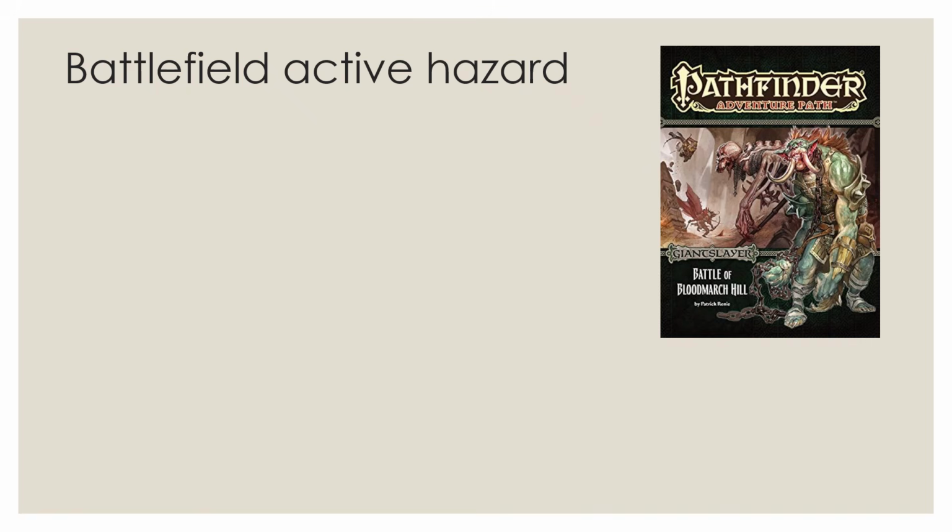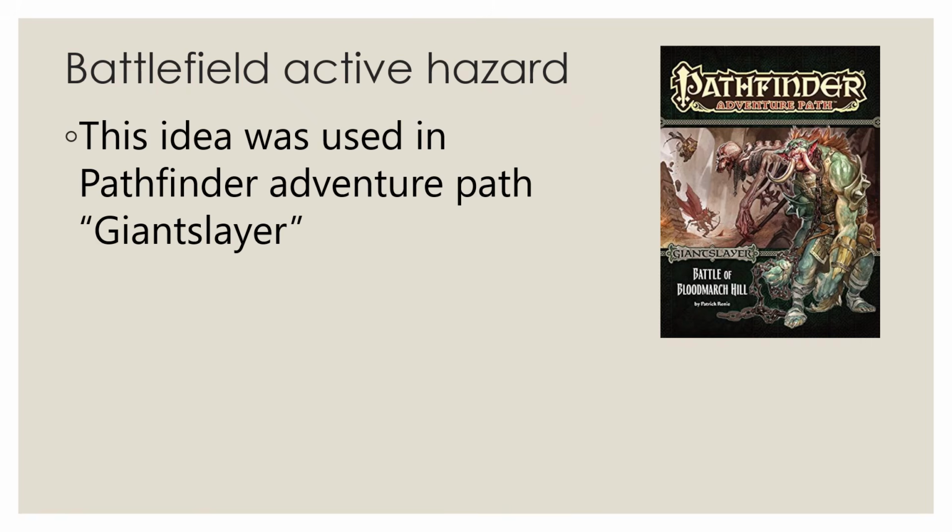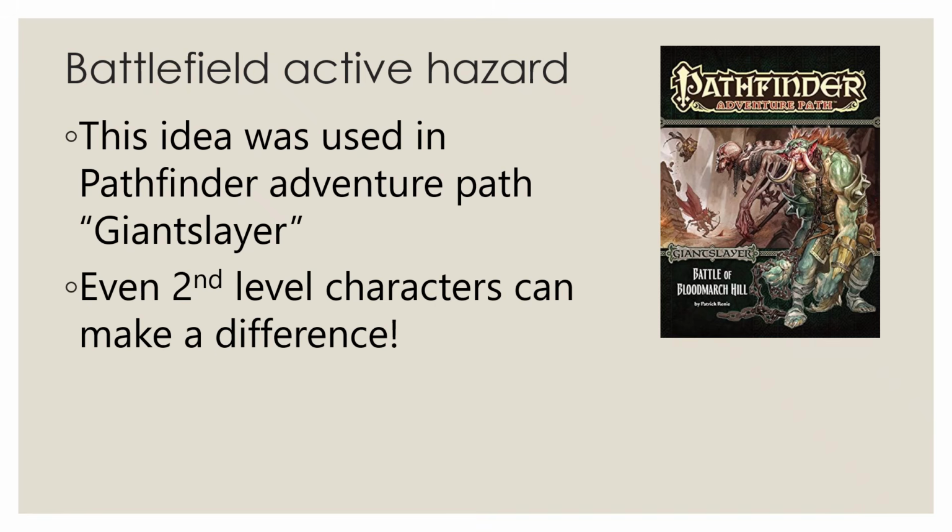This idea of the battlefield as an active hazard was carried forward in the Pathfinder adventure path, Giant Slayer, in the first installment of that called the Battle of Blood March Hill. In this second level adventure, characters were swept up into a battle where the town they were in was attacked by a group of orcs led by a giant. And there were just little battles and skirmishes that the characters were part of in the background of this larger battle. And they had to do things like rush into homes and save people that were trapped and